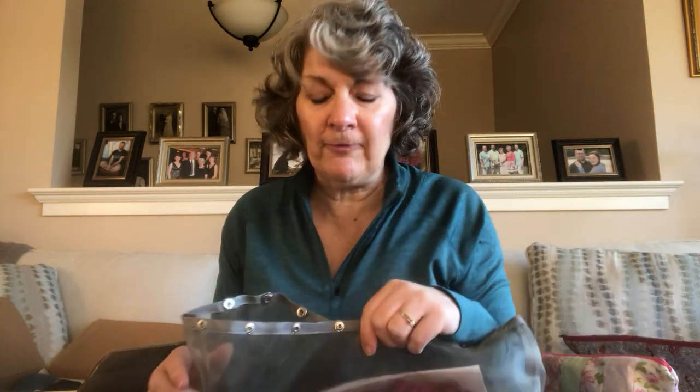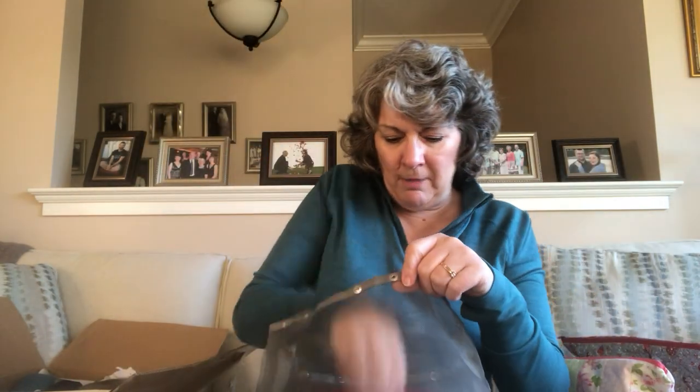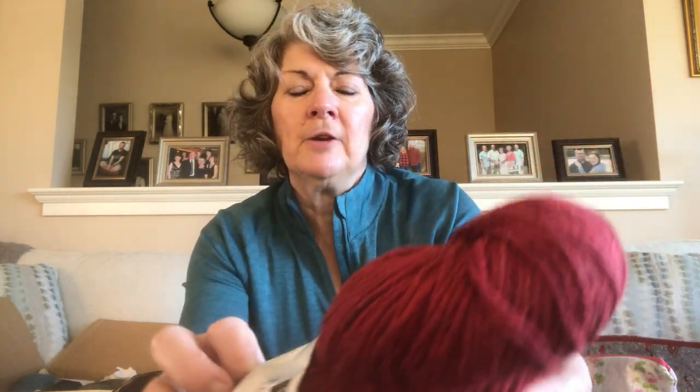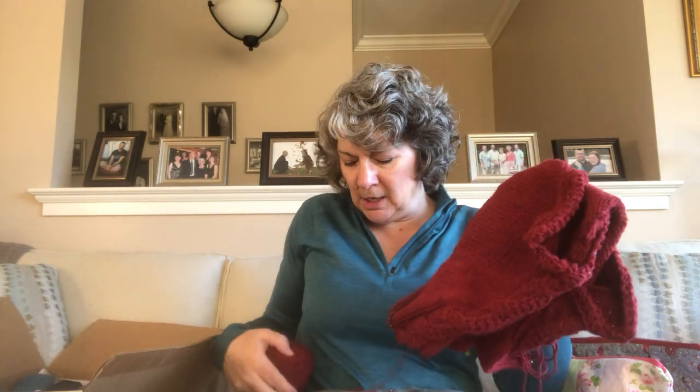So keeper there. I have one more sweater that I cast on this fall, and that is Owen by Jennifer Wood of Woodhouse Knits. Let's see, looks like that. I am knitting it from Estelle Eco Tweed Worsted. Love this tweedy red yarn. Red's my favorite color. And I've made some pretty good progress on this sweater, but it's one that you need